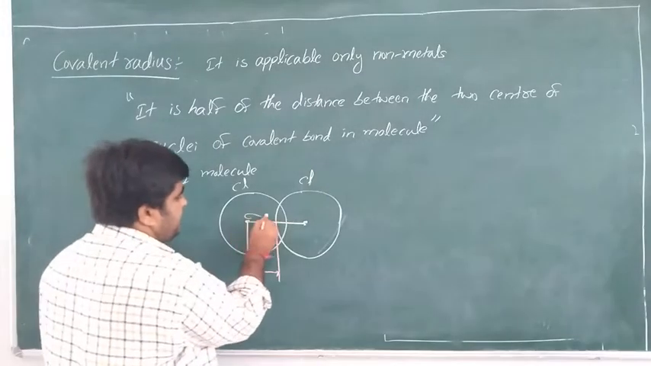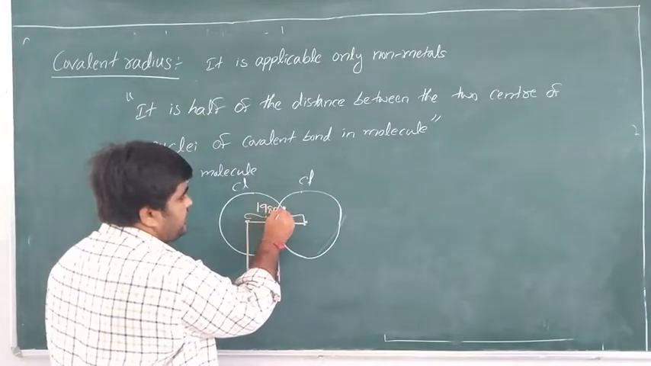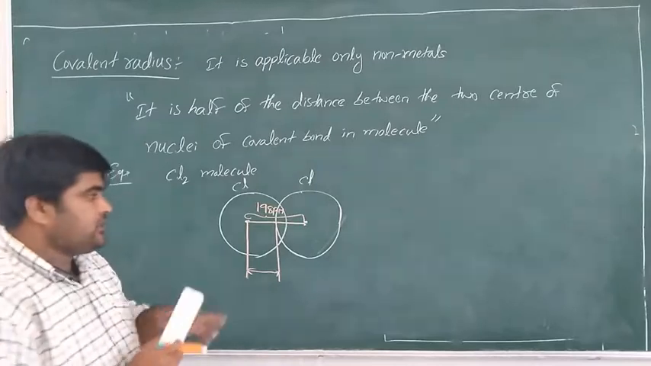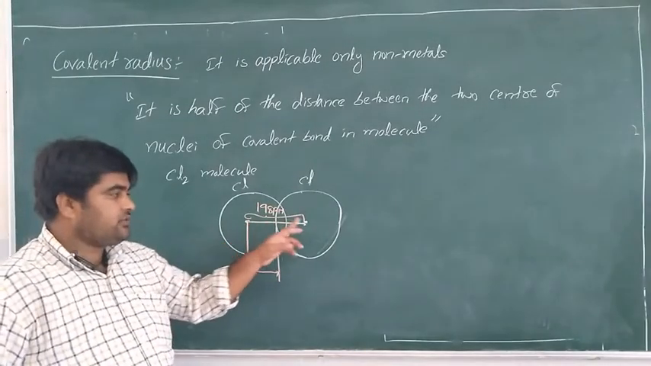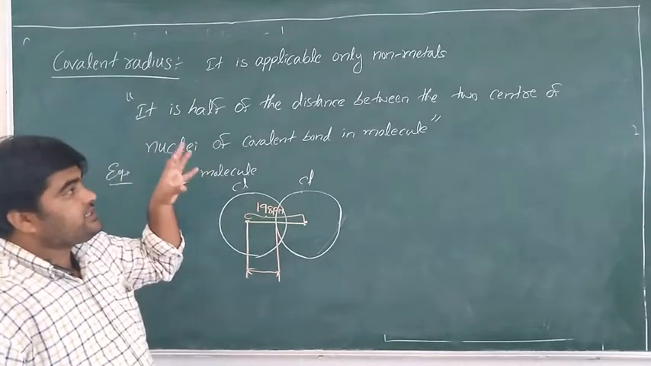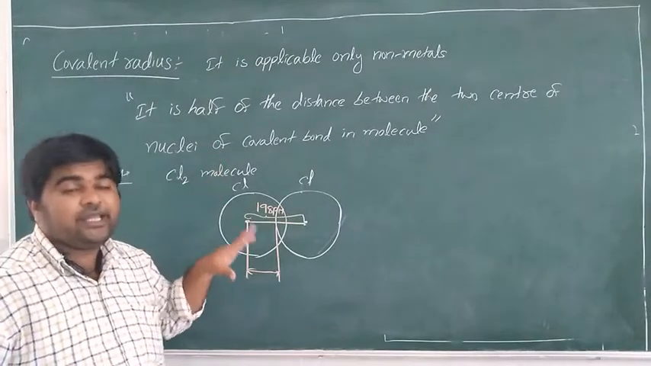This distance, the complete distance, is 198 picometer. Completely, from the center of one nucleus to the center of the other nucleus. So half of the distance, from this center of the nucleus to this center of the nucleus. How much distance? 198. So it is half of the distance between the two centers of the nuclei of covalently bonded atoms in a molecule